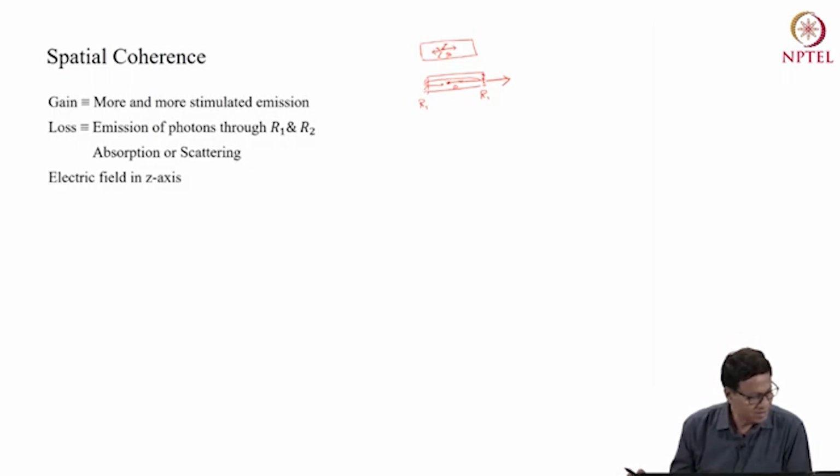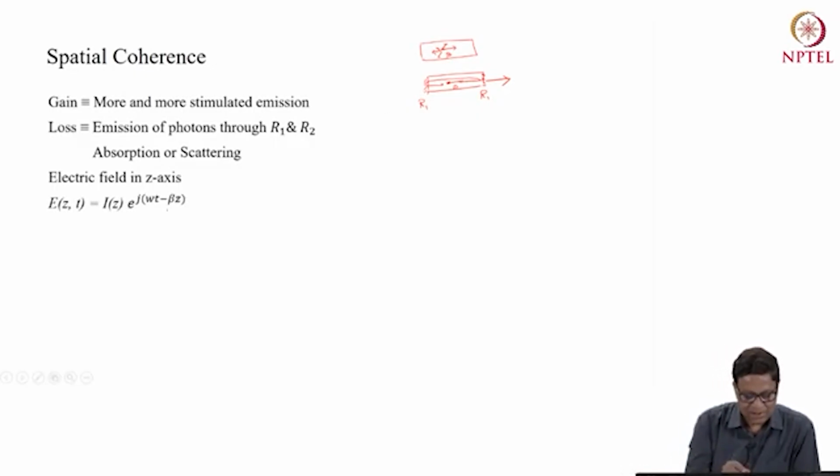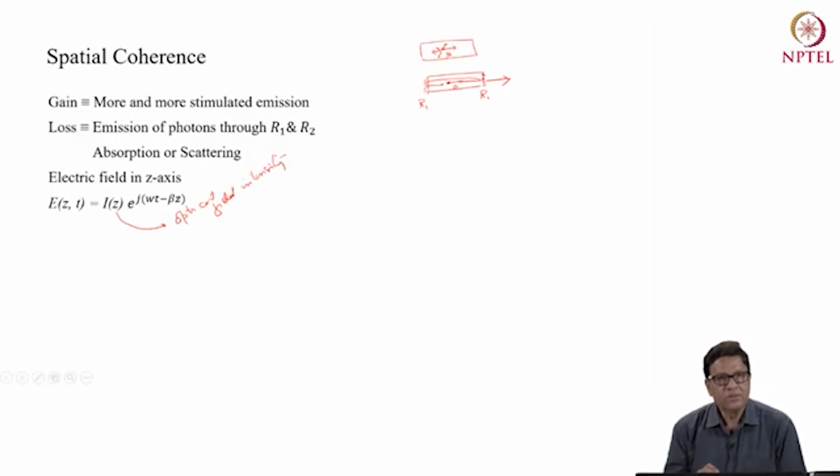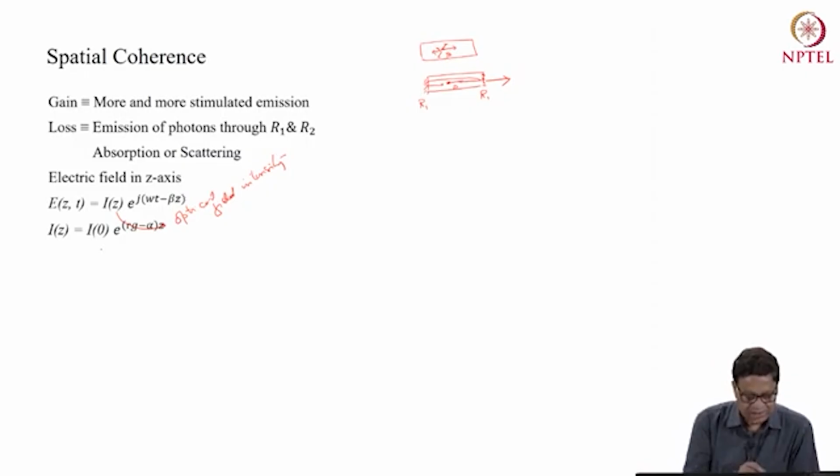So first let us understand what is the electric field in the z-axis. This is given by E(z,t), I(z), where I(z) is the optical field intensity, into e raised to power j omega t minus beta z. If the electric field is in the z-axis, and this I(z) is given by e raised to power tau g minus alpha z, where